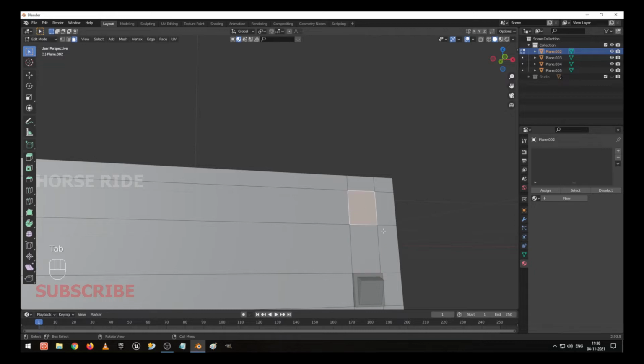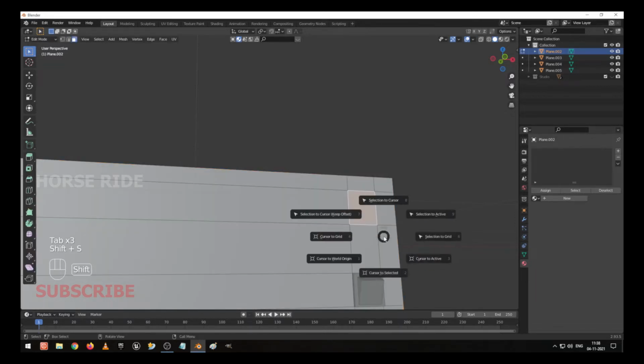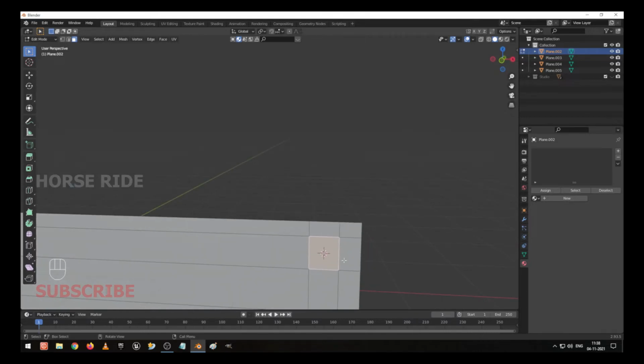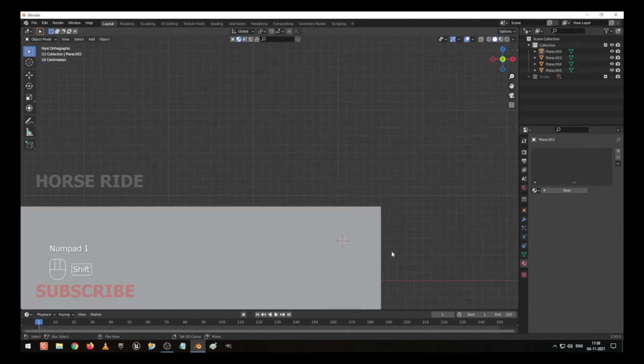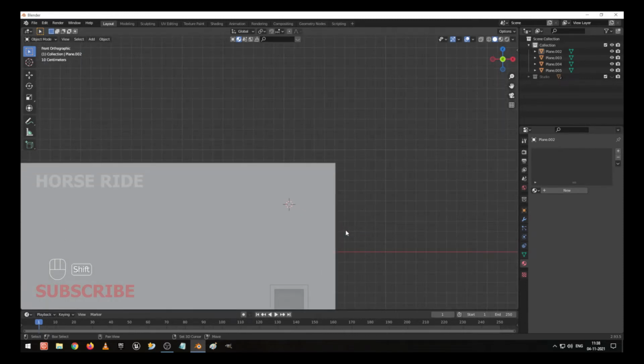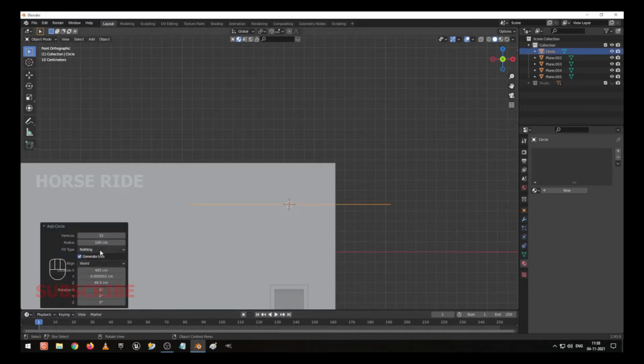I go to the edit mode, and I press Shift S, go to cursor to selected, so the 3D cursor has been moved. So a new object will be created where the 3D cursor is located. Now I press Shift A and create a circle, and I change this to view.